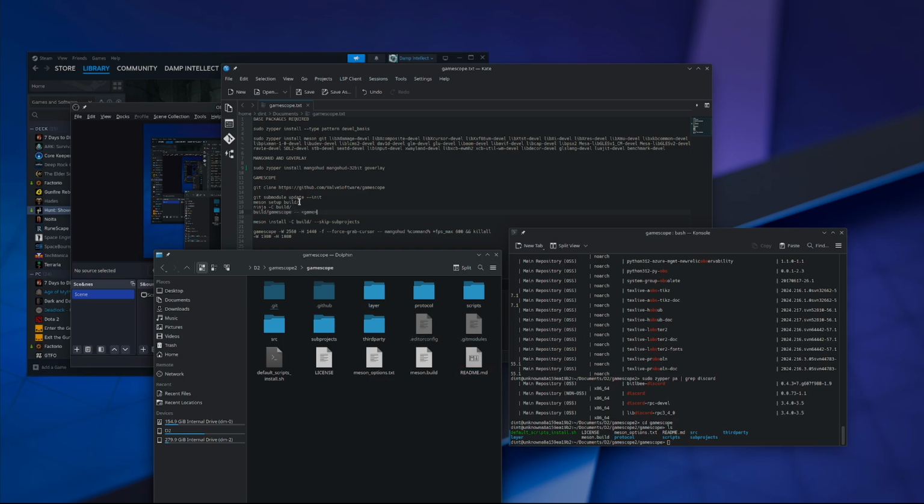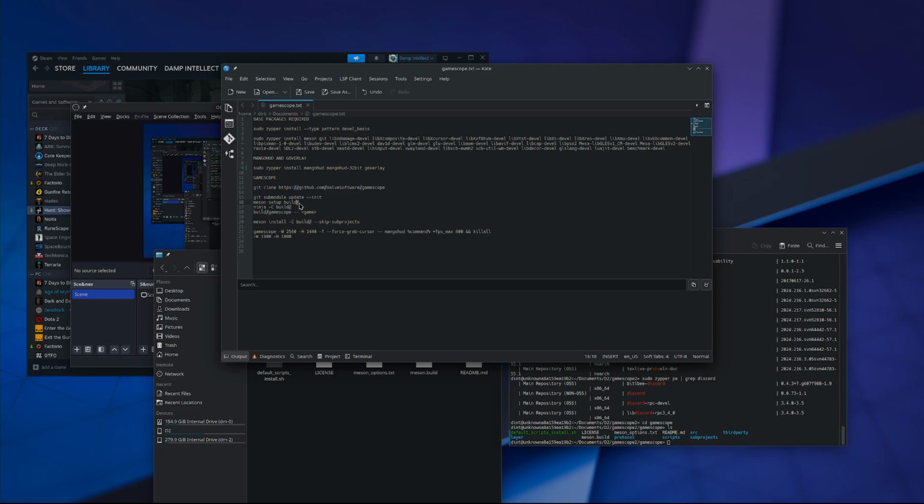And from here is where you'd run these other commands. So you'd run git submodule update --init from here. You'd run meson setup build, ninja -C build,